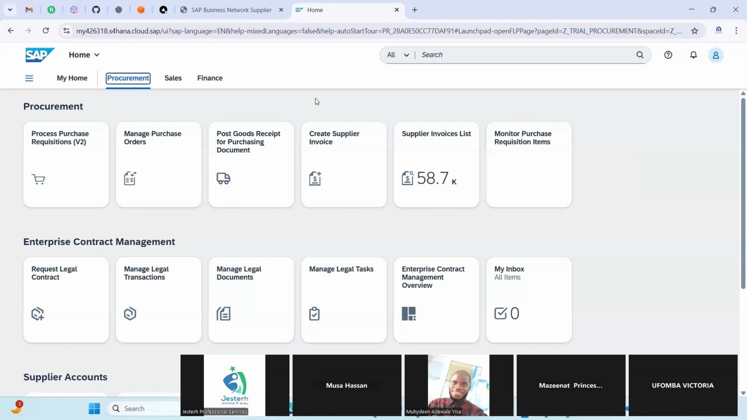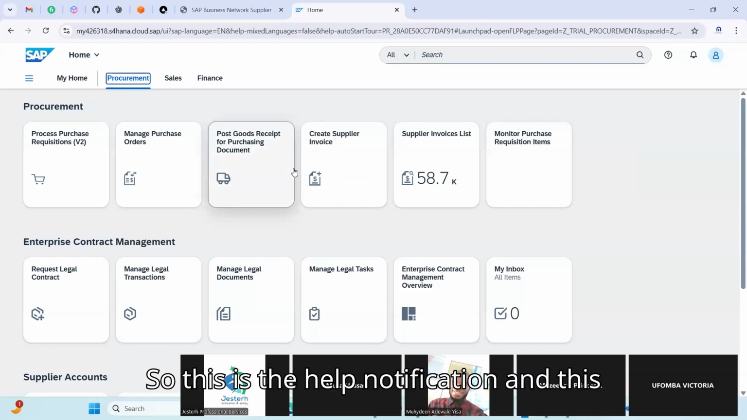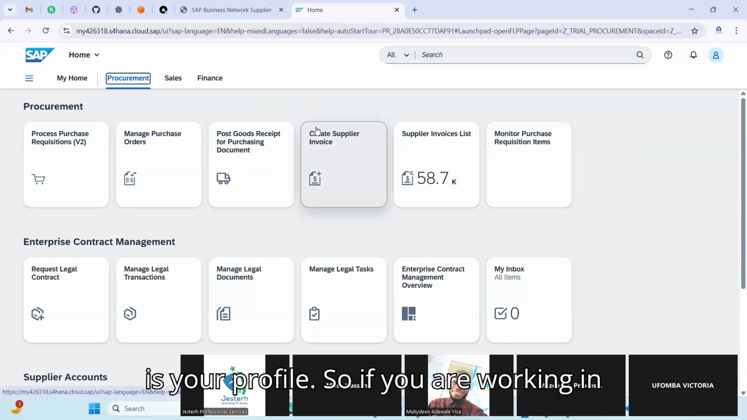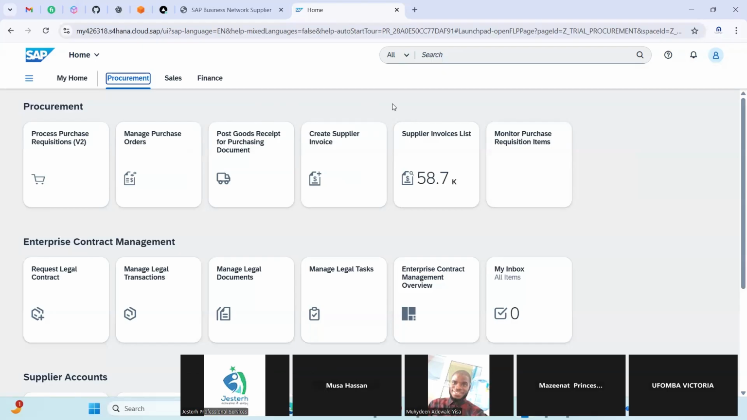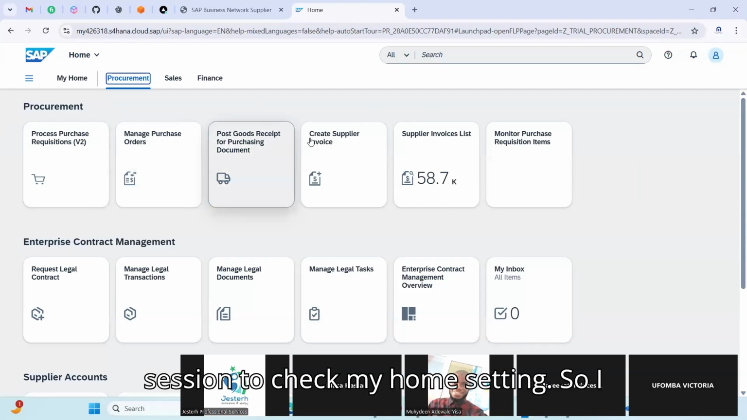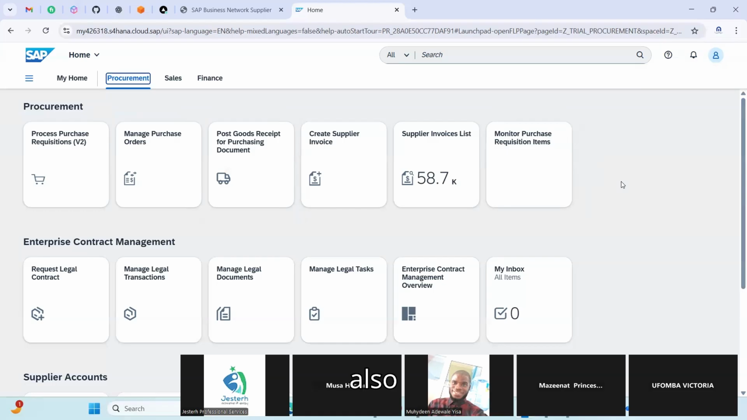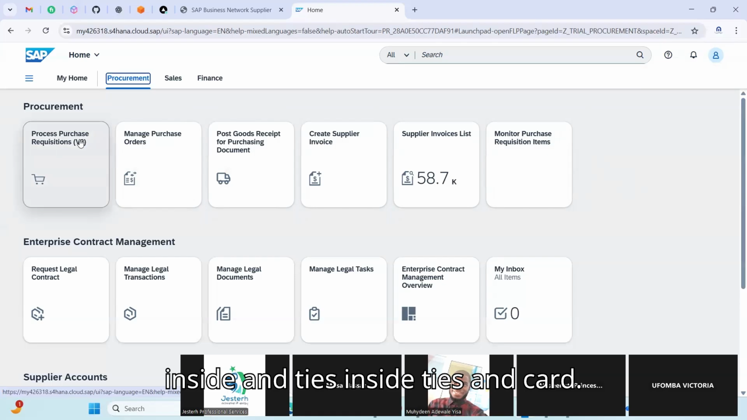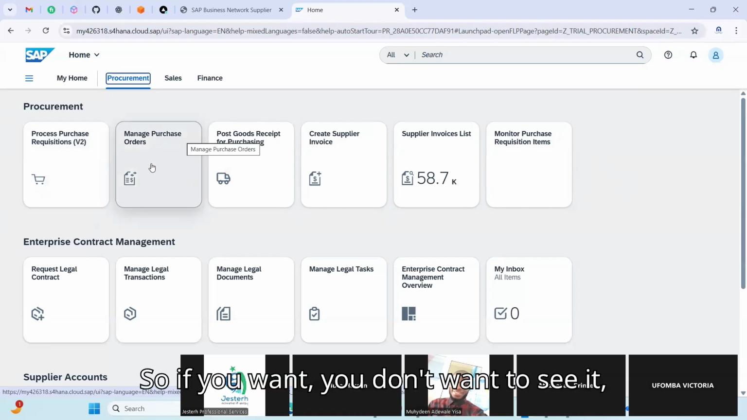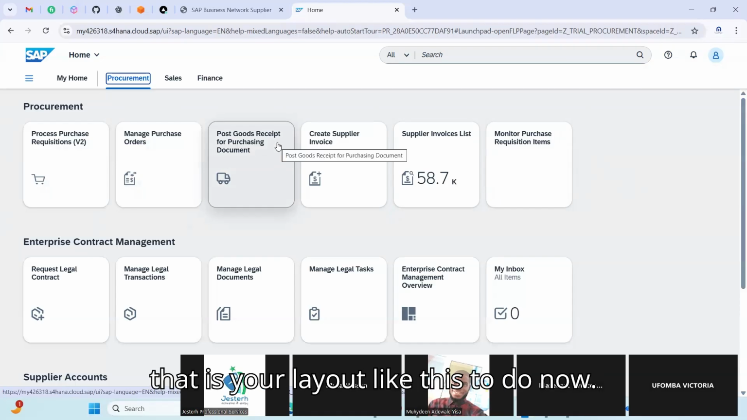So now, what we are going to demonstrate here, as I said before, this workflow has been set during the configuration, because we are the end user, we are using the system. We are not the one that configures it based on your company workflows. So you may have maybe only 2 of the procurement processes, or 3 or 4, or everything that we have here, or you may even have more. So this is your procurement workflow, and this is process purchase requisitions, manage purchase orders, post goods receipts for purchasing documents,